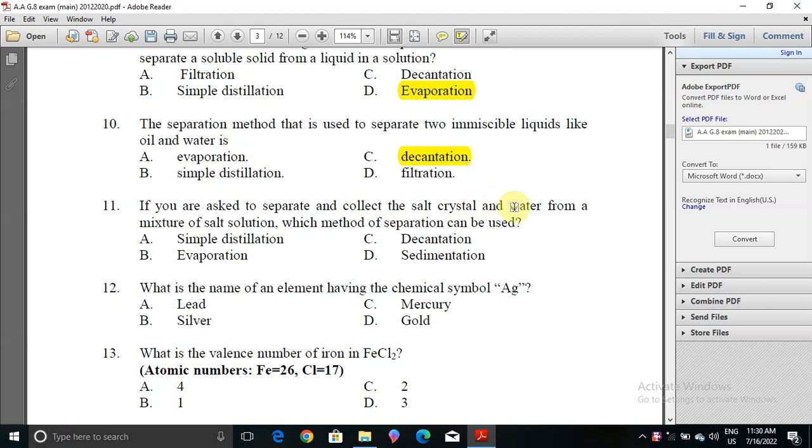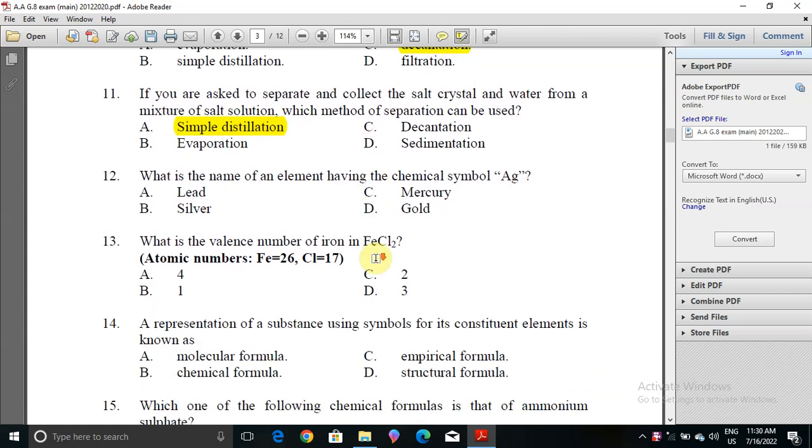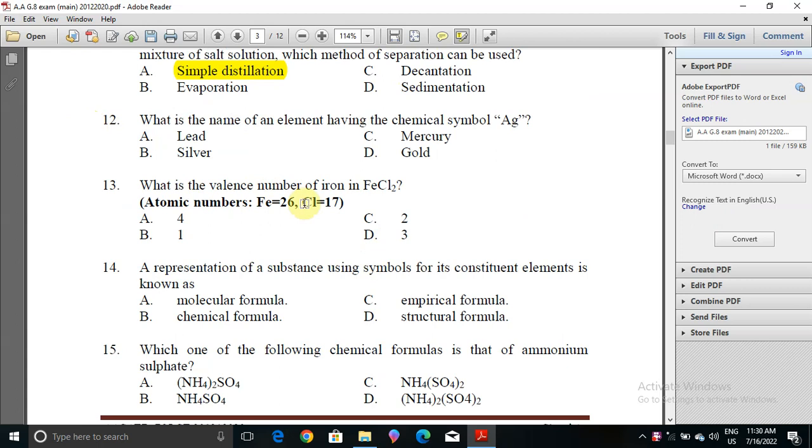Salt crystal and water from a mixture of salt solution. So that means the correct answer will be by the use of simple distillation. Now question number 12 is saying, what is the name of an element having the chemical symbol Ag? Lead, silver, mercury, or gold? Ag means silver